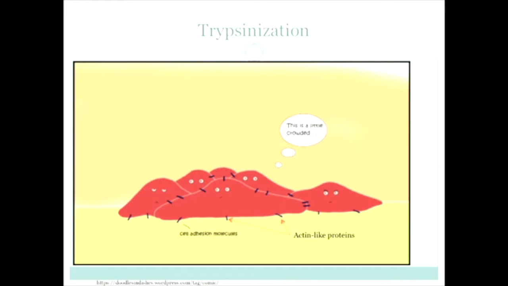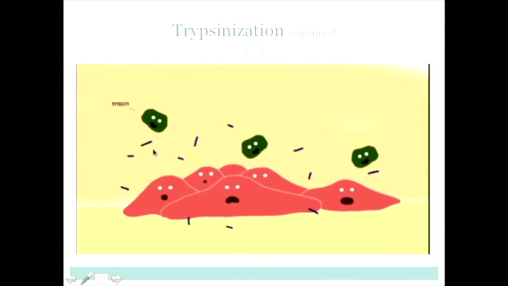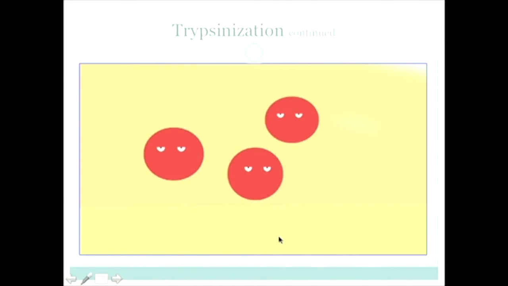Many people use chemical methods, and for chemical methods we use an enzyme called trypsin. Trypsin will cut away the attachments. You see, cells are attached to the surface. Small molecules here hold cells on a spot on the dish, and they also hold each other. When trypsin comes, it cuts all those molecules, and the cells will be floating. So here trypsin comes, all the molecules are disrupted, and the cells start to float.